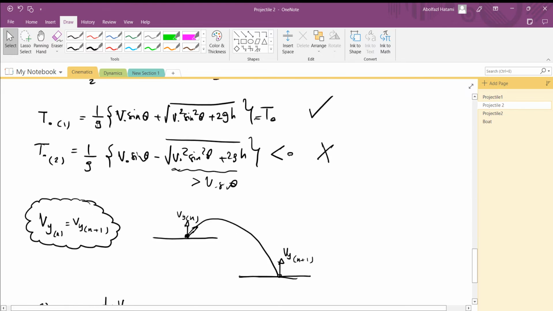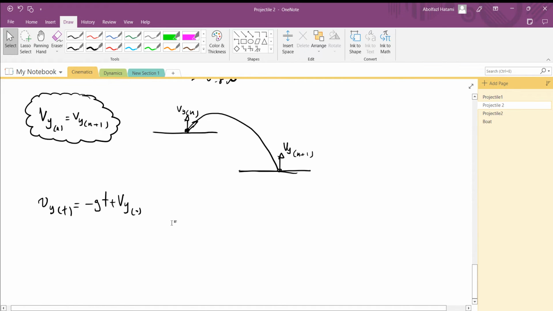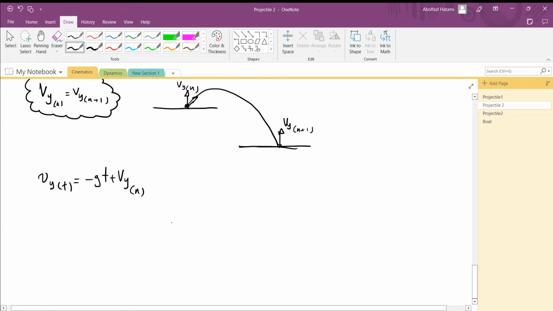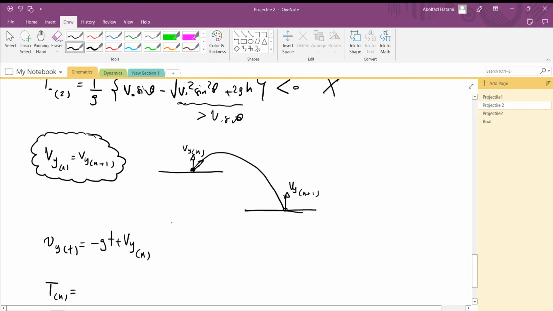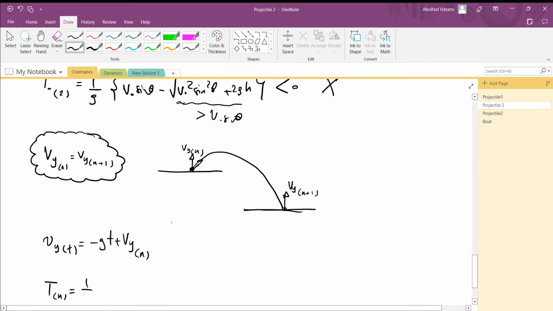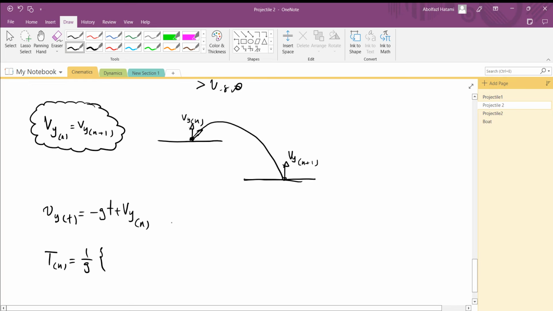But if we are at the nth collision, it is going to be vyn. And we also understood that the time tn is going to be something like 1 over g times vyn